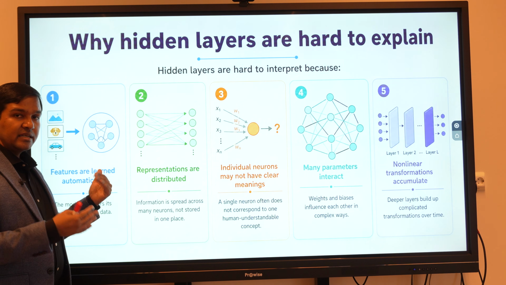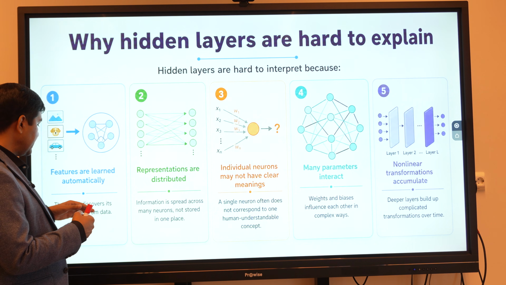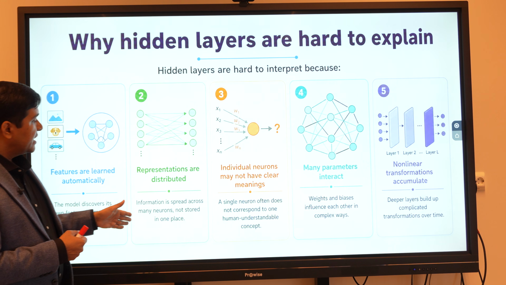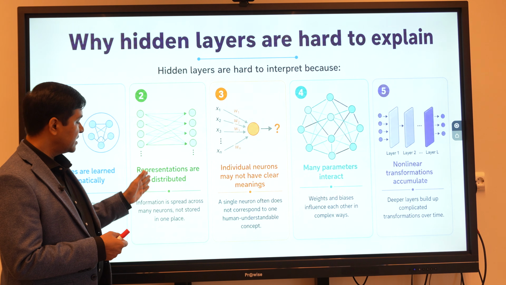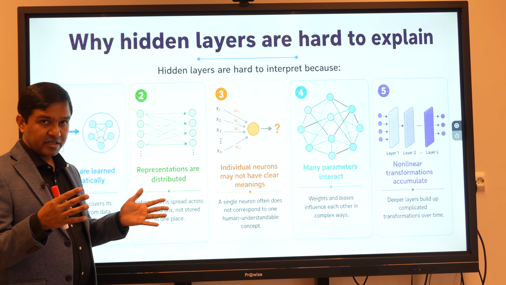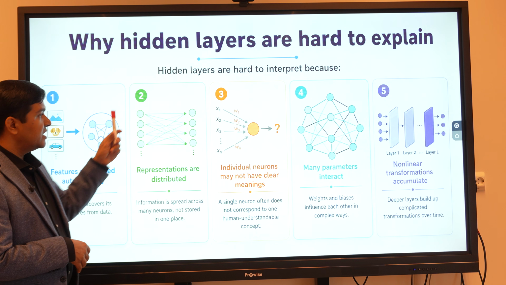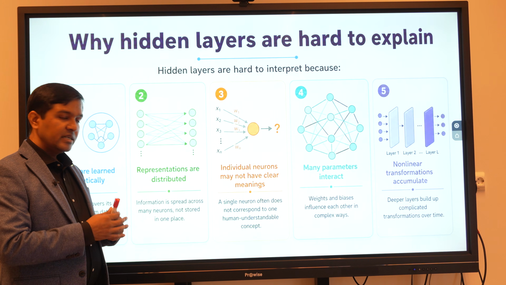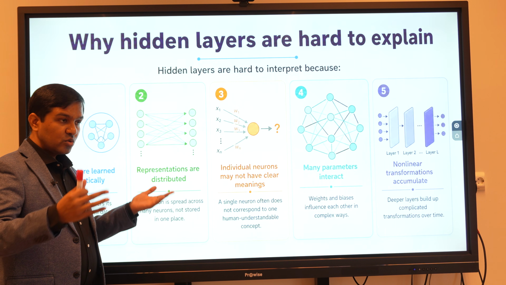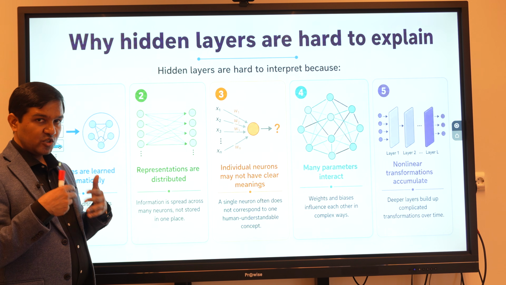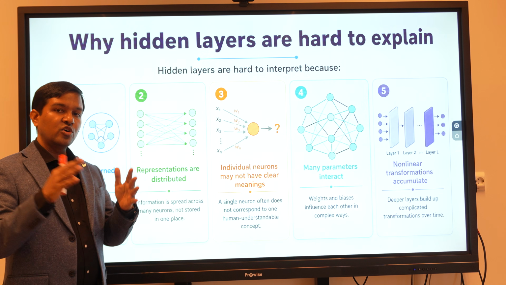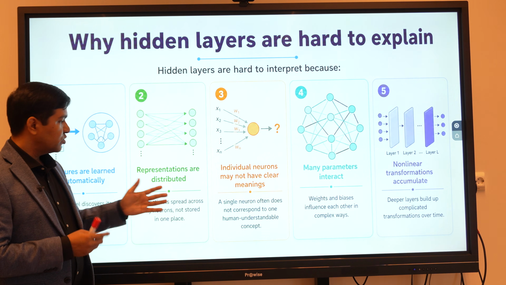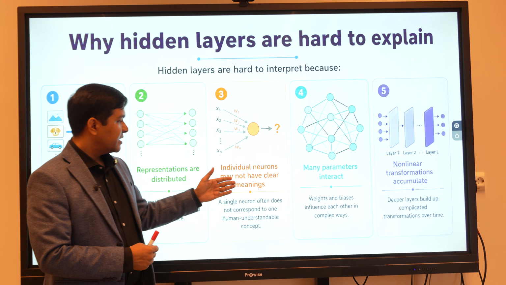It's automatically creating and learning its own features, and from one layer to another layer to another layer, in which layer what it is learning is spread out. So we do not have the knowledge from outside of what it is learning for which kind of data. The information is spread out.